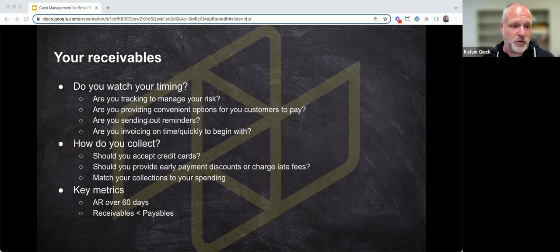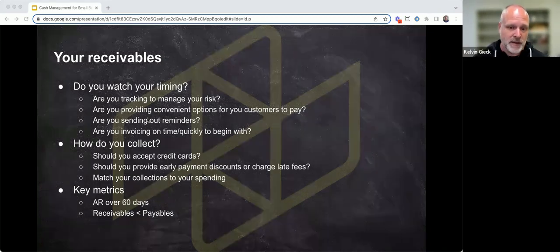This will help you make more informed decisions as to who you want to work for in the future, especially as the amount of the sales invoices increase. Is it really worth taking on a big new contract if you know that customer is going to pay you extremely late, and that's going to stress your business in terms of its cash flow? Can your business even support that?